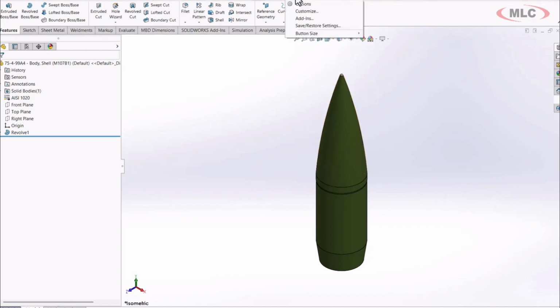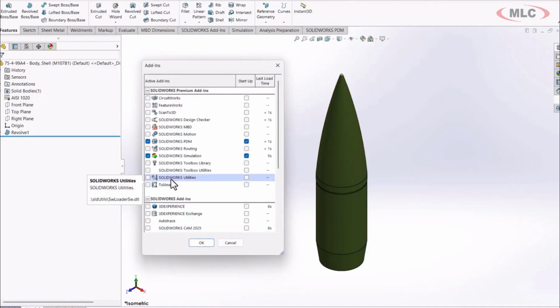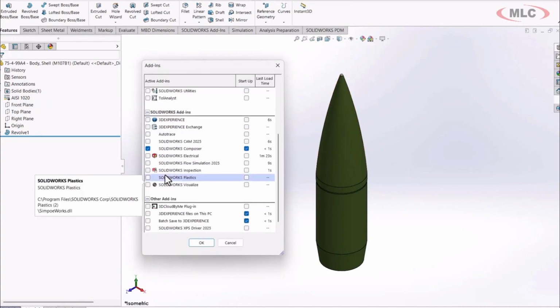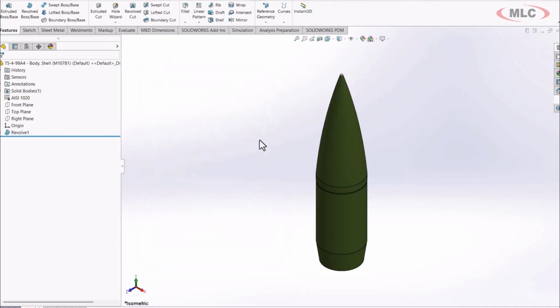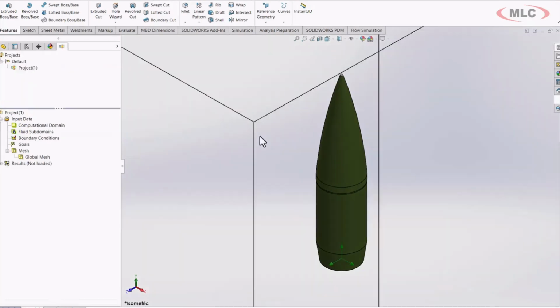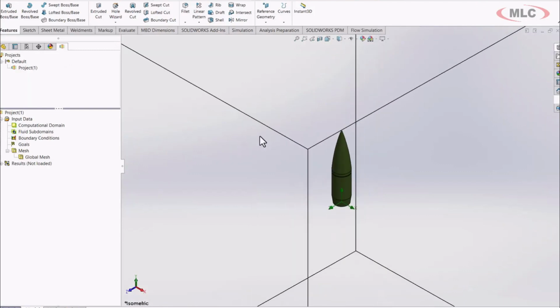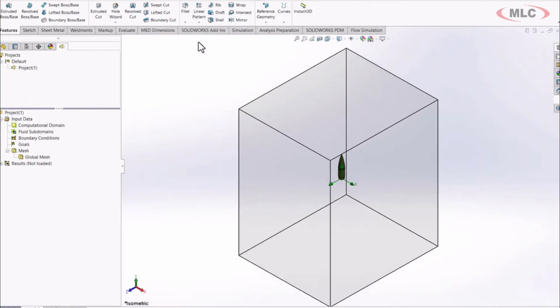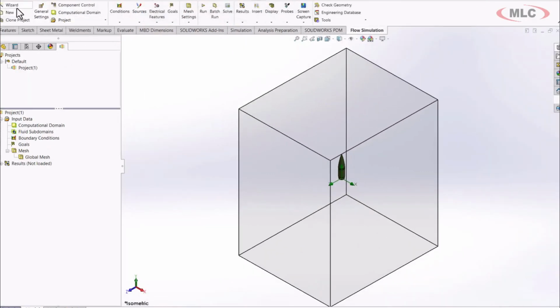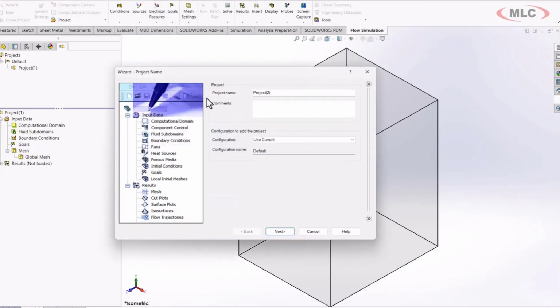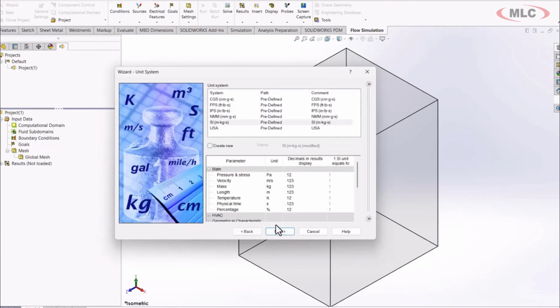So first thing I'm going to do is turn on my flow simulation add-in. Once I get this turned on, we're actually just going to walk through the setup process, and honestly that's relatively straightforward. So we'll go to our flow sim tab, we'll go to our wizard tool, and this is going to allow us to create a project, and it's going to walk us through all the steps needed. So the first thing we're going to do is define the